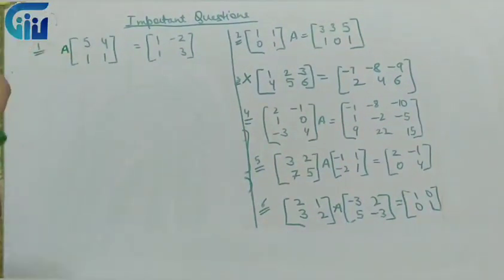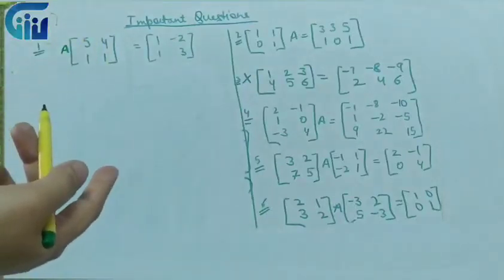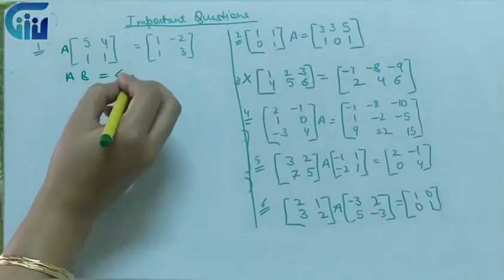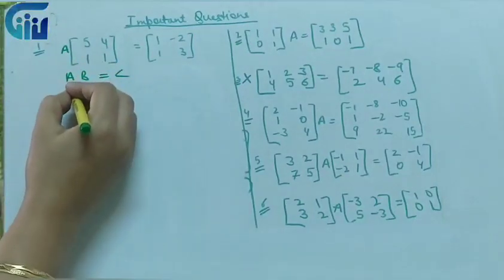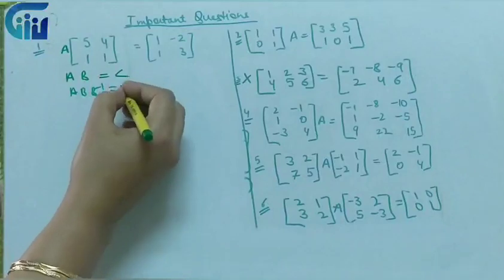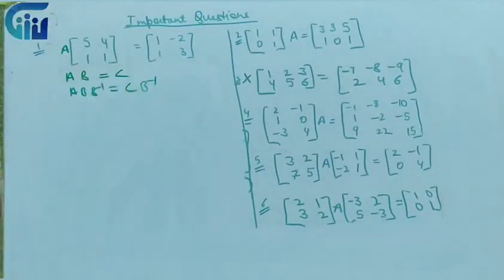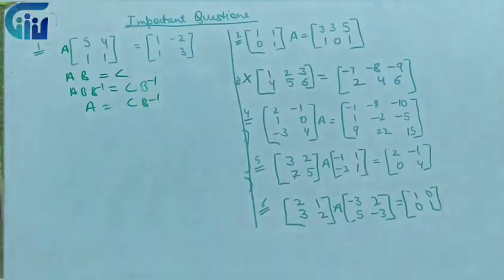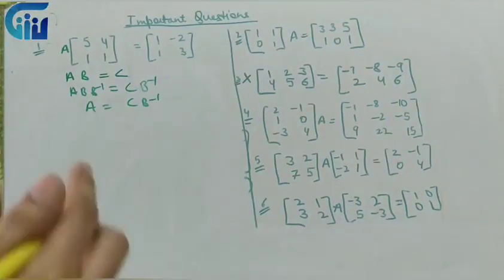In the same question, if I interchange the place of A, if A is over here now, so I'll say this is my B and I am getting C. To find A, what will I do? I have to remove this B from here. So how can I remove it? By post-multiplying it by B inverse. I am doing it after, so we say it is post multiplication, which is very important because we know matrix multiplication is non-commutative. So if you pre-multiply it, you will get a wrong answer.